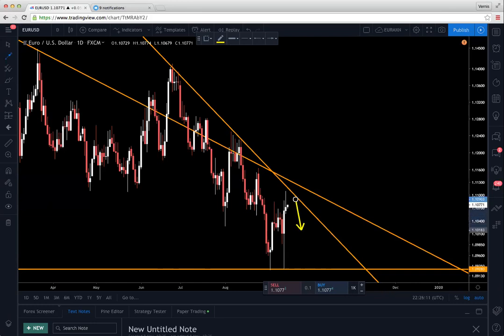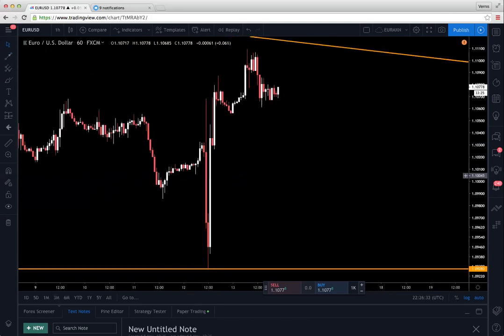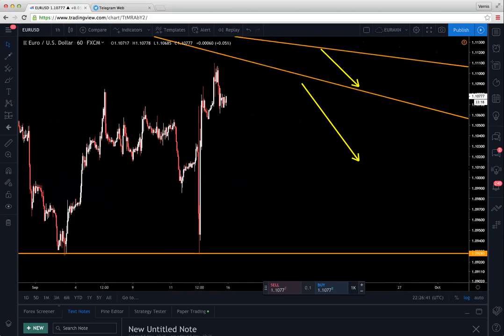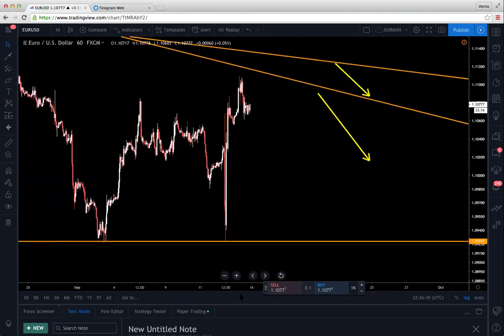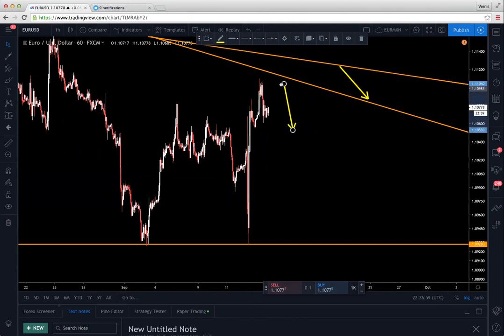So if I'm looking to sell this, I'm looking to sell at one of these areas here. Okay, we don't know which area is going to do it. Matter of fact, let's drop down to the 1 hour time frame. Okay. So I'm gonna show you. I'm looking to sell here. Or